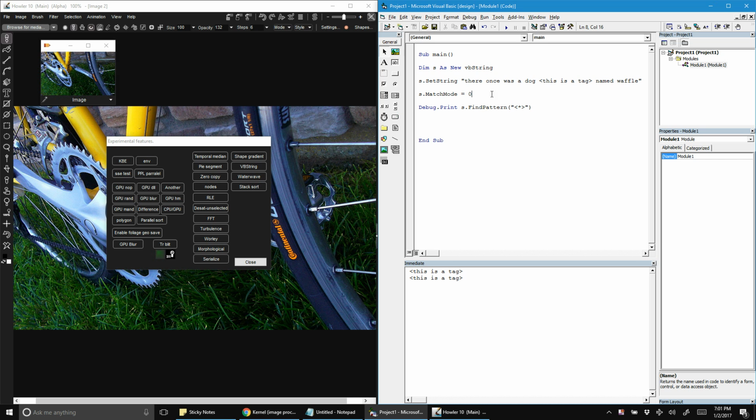But let's try a different example. Say I had not left the end tag on there. Let's print that. And it just prints that tag. Why? Well, match mode 1 means find the smallest matching pattern. And the smallest matching pattern is, well, just that. What if I found the largest matching pattern? Well, that star basically means 0 or more characters. So in the smallest mode, it matched 0 characters. In the large mode, it would match